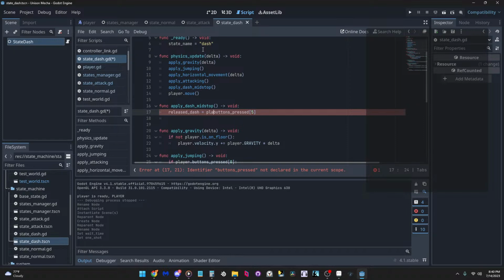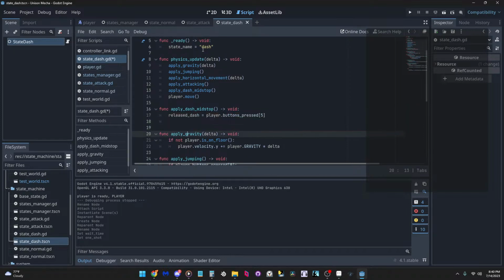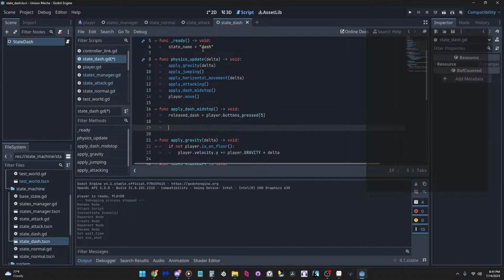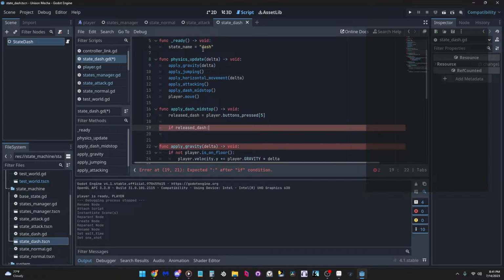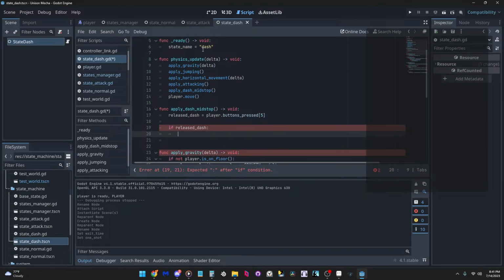Buttons pressed 5. Player buttons pressed 5. Then we're going to say if release dash, if release dash, we're going to say